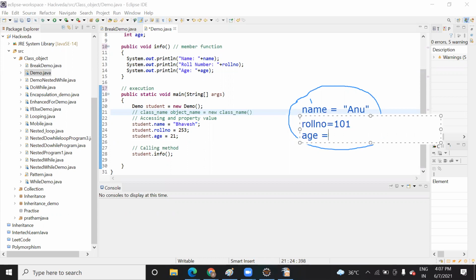Suppose age is equal to 21. So this is called an object. What is the object name here? Student. Yes, the object name is student.